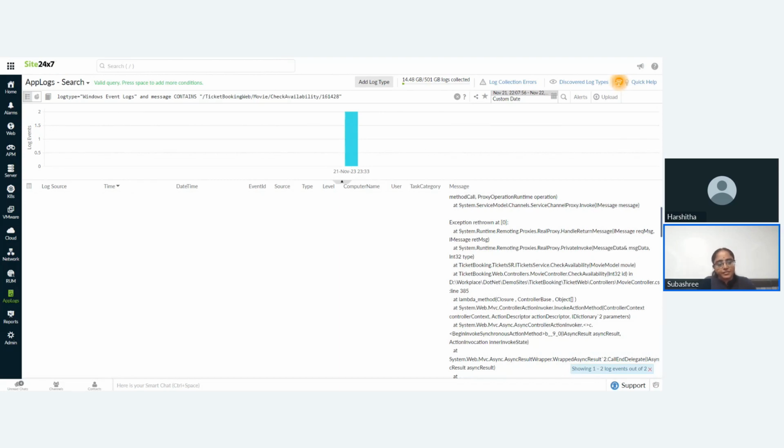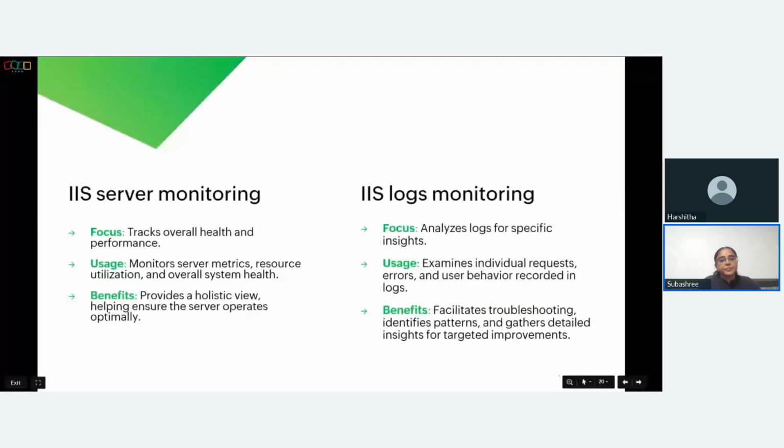500 errors effectively. Now, returning to the earlier question about whether the metrics from IAS server monitoring are adequate or if you need more insights to uncover issues. I hope you have an answer now. So it's important to remember that each request made to an IAS web server generates a log event. Only through logs, you can pinpoint individual instances of slowness and failure. On connecting the dots,